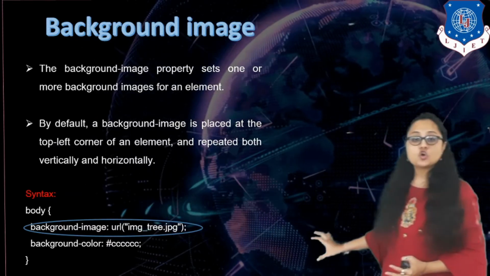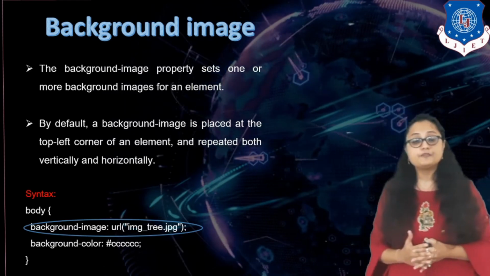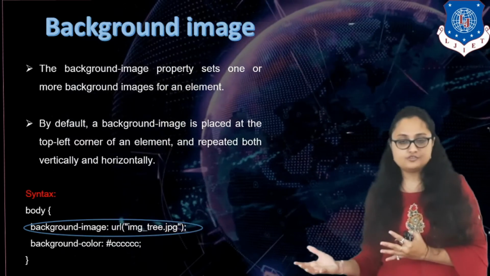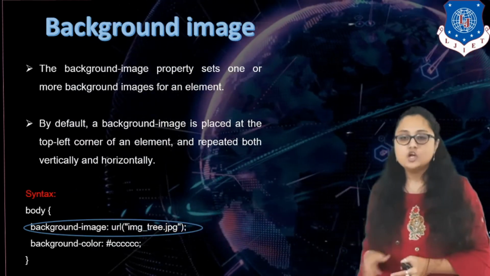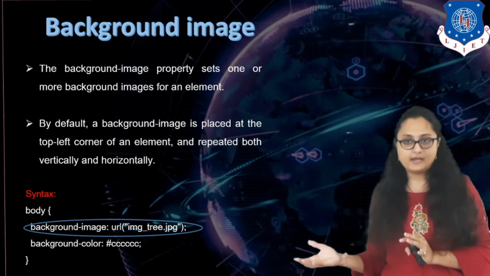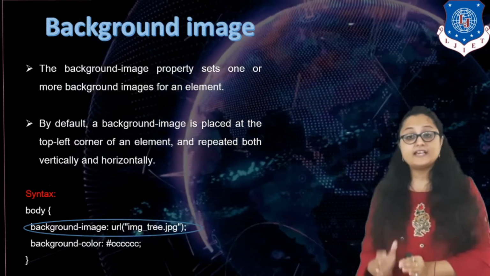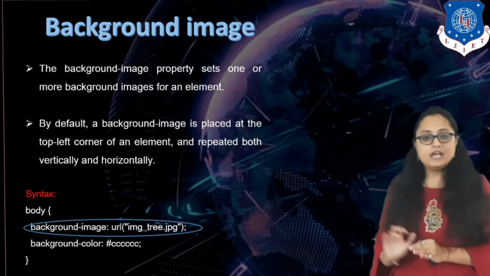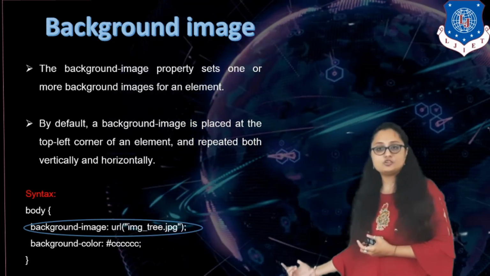Okay, and colon, after colon, what is the property value that you want to give? You may have created that image, that is you may have designed it on your own and stored it somewhere in your PC, right? Or you may have stored it somewhere on the web or in the files. You have to explicitly specify the path from where you want to get the image. And for specifying the path, what is the syntax in the value that you have to write?